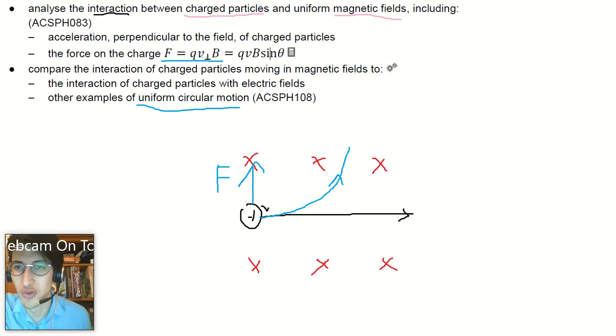It's equal to QV times B, as long as V and B are perpendicular to each other. In this case, they are. Velocity's to the right, magnetic field is into the page, okay? As long as when you're using the right-hand rule, this is a right angle here, then those two things are perpendicular to each other, because the velocity is related to the direction of current and magnetic field is the fingers here. So as long as these are at right angles,